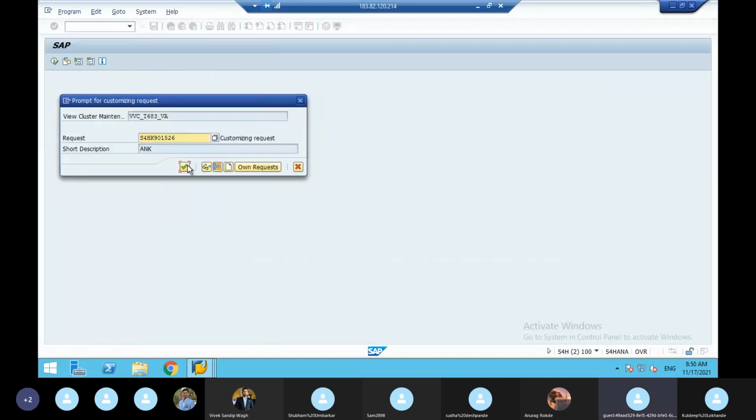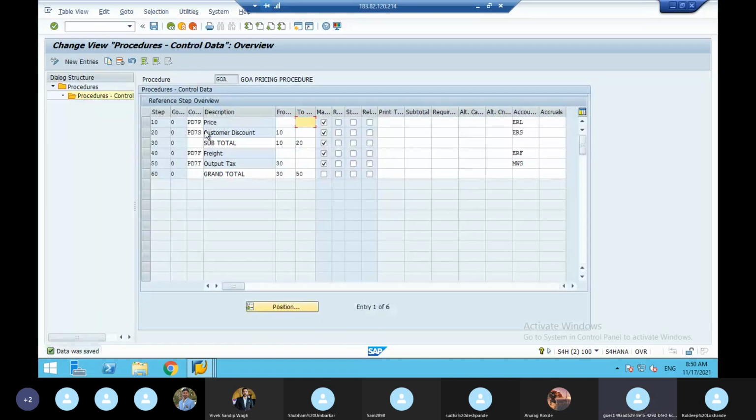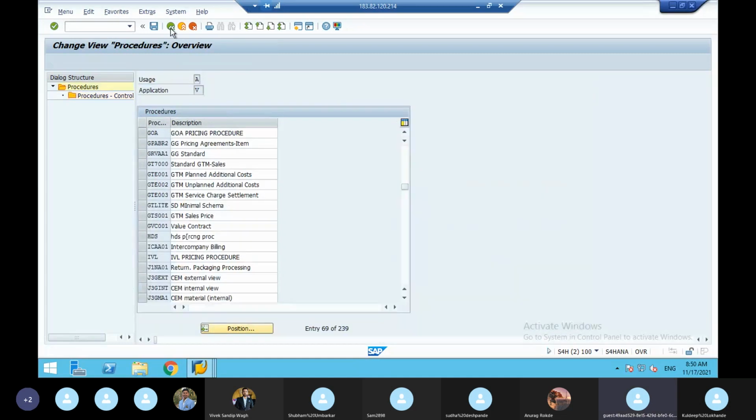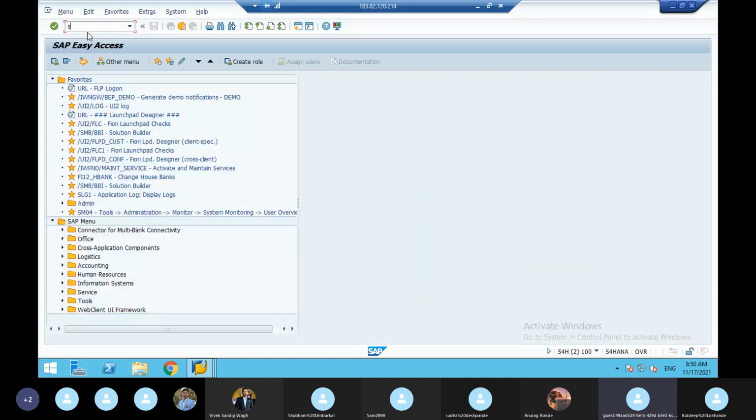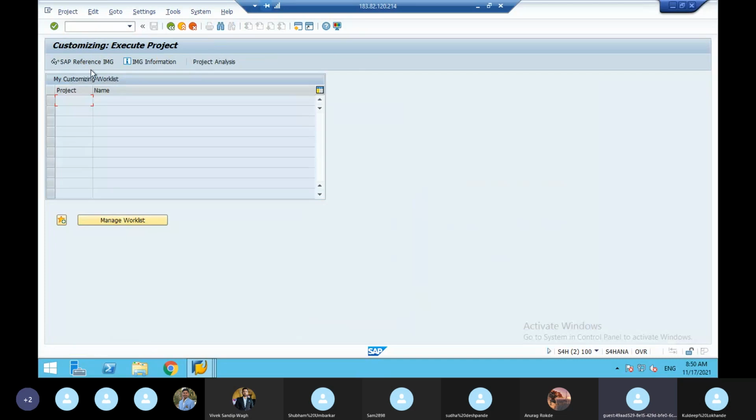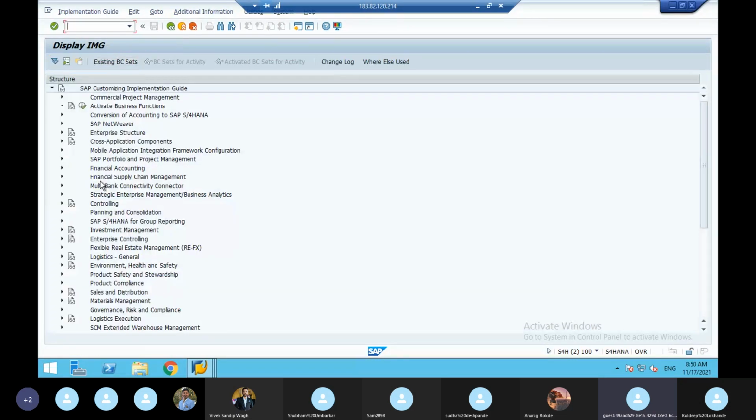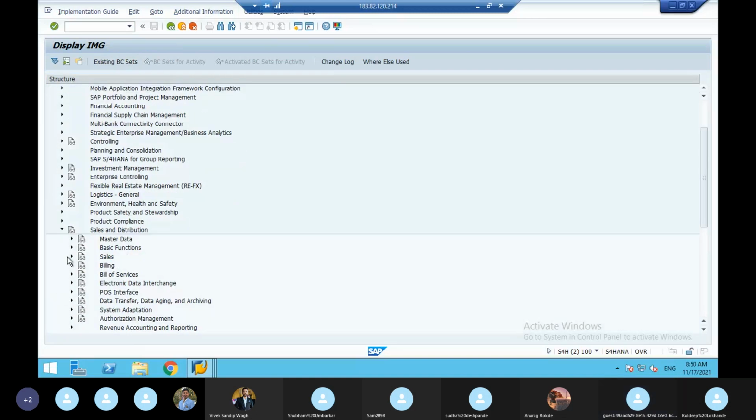Okay, so now imagine first you have to go to rebate agreement. The first and foremost thing is you have to make an agreement. This is called rebate agreement. In your book, it is called rebate agreement only. Here you have to make an agreement. Now in S4HANA, 50% they gave to the FI people. Only 50% they'll keep with SD. So SD things only I'll show you. So here SD, basic function.